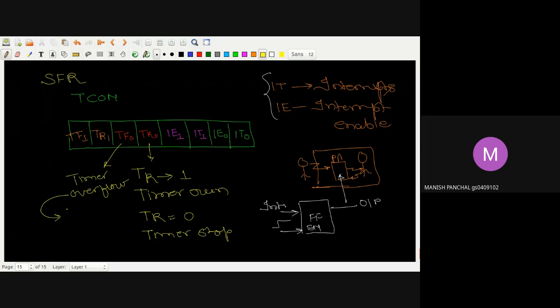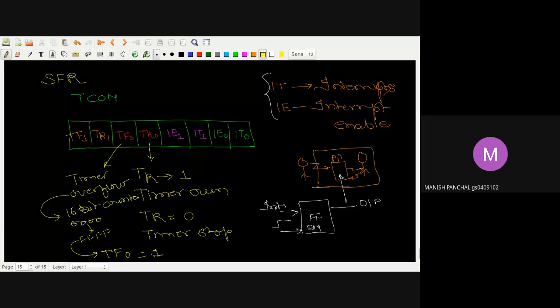अगर मान लो कि 16 बिट का काउंटर है, 16 बिट का टाइमर है, अगर वैल्यू 0000 से चलते-चलते FFFF तक चली गई, तो ऑब्वियसली जैसे ही FFFF आया, मेरा TF0 ऑटोमेटिकली 1 सेट हो जाएगा। इसको यूजर को सेट नहीं करना पड़ता है, ये सिर्फ आपका रिफ्लेक्शन शो कर रहा है कि आपका फाइनल काउंट आ गया है, और फाइनल काउंट आने के बाद अब आप डिसाइड कर सकते हैं